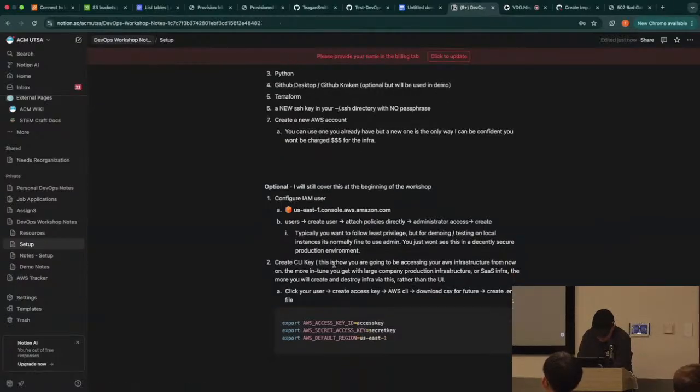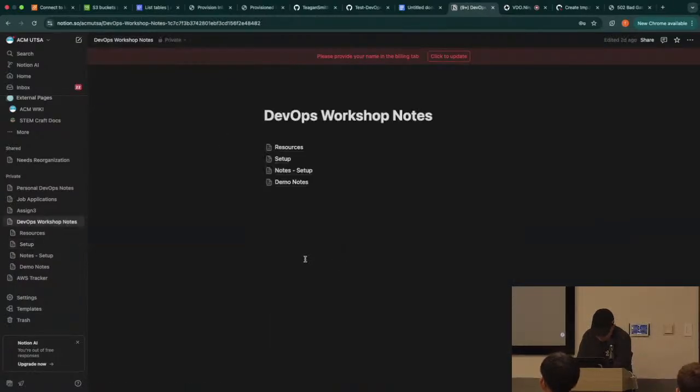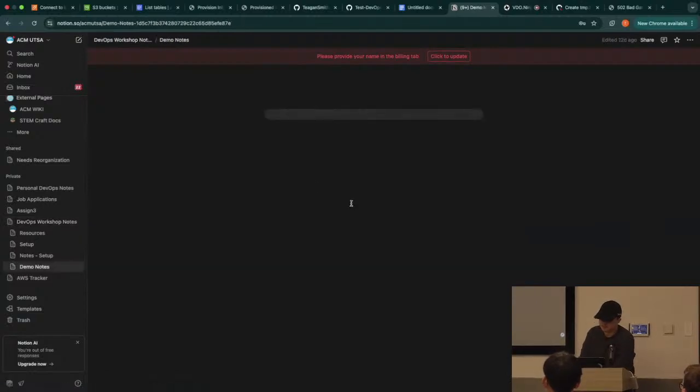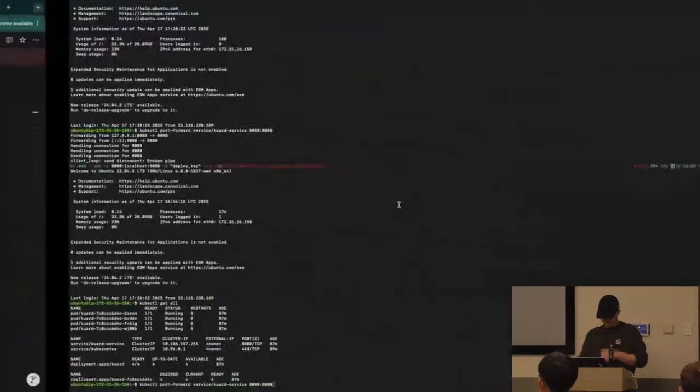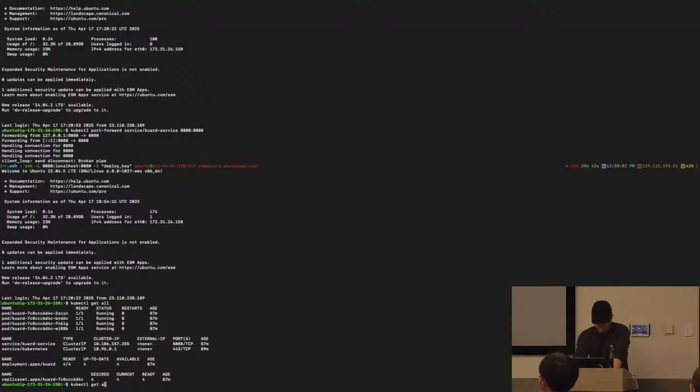Workshop notes. I have to do a special thing here because I'm running it through localhost rather than hosting it on an actual port, because I don't want people to ping it. Whatever, we'll just... Okay. I guess I'll do this.